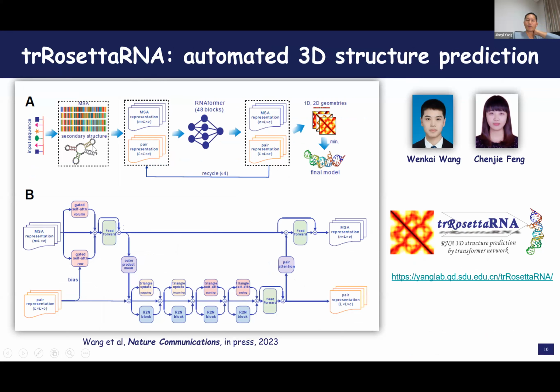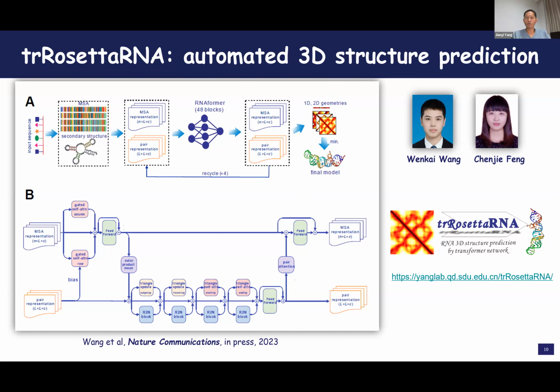You can see here the pipeline is similar to trRosetta in methodology. Basically, it's a two-step approach from the input RNA sequence, and we want to predict the 3D structure. We don't have enough computer hardware to train an end-to-end approach, so here we just use this two-step approach. From the sequence, we predict the 1D and 2D geometries, and the second step is to recover the 3D structure from these 2D images.